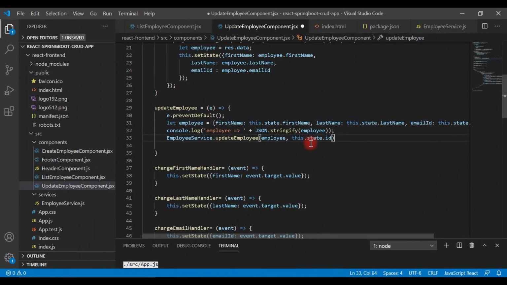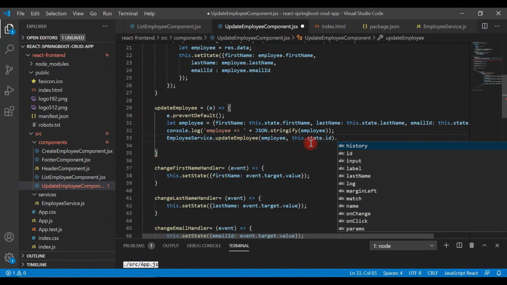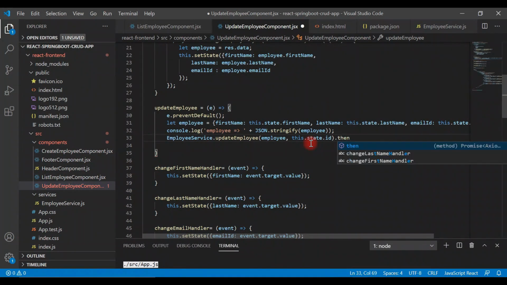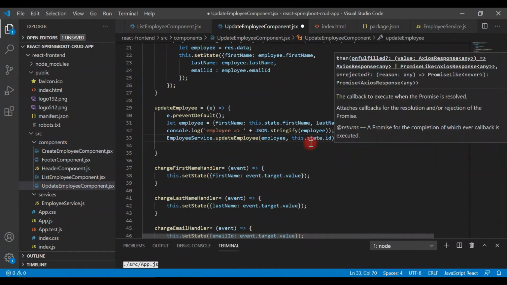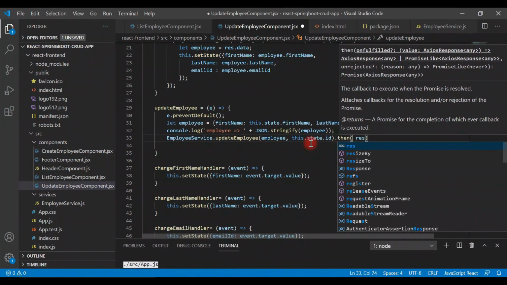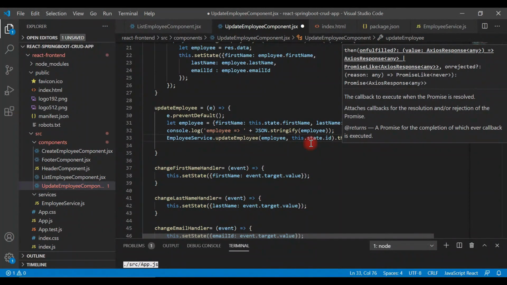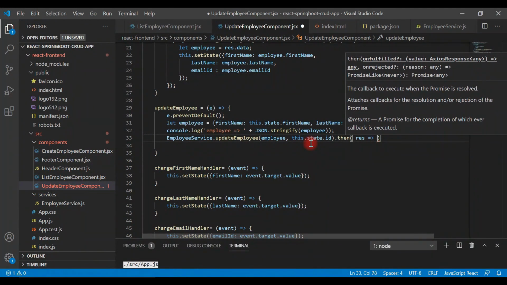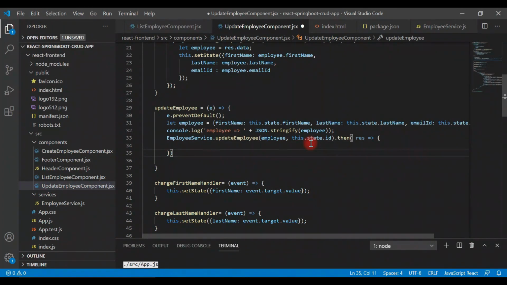Okay, great. And Axios returns a promise object, so we can use the then method here, and inside the then method we can take a response object and then use arrow function syntax. Once the employee is successfully updated, then we should navigate to the employees list page, right?